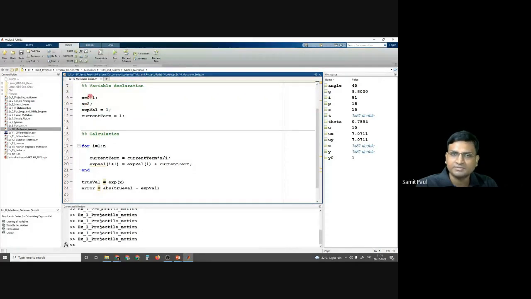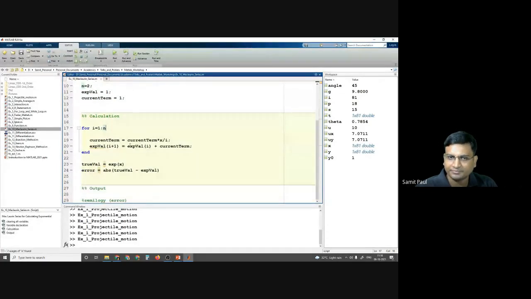That is, the first term is 1 and then the second term is x, 1 plus 0.1. We have initialized the result exp val to be 1 and the current term to be 1. Now let us see how we can do the calculation.